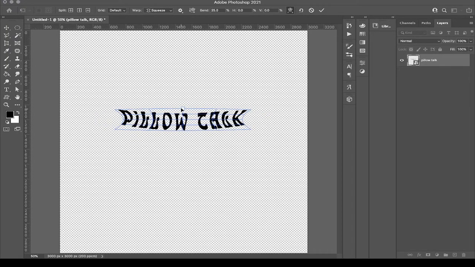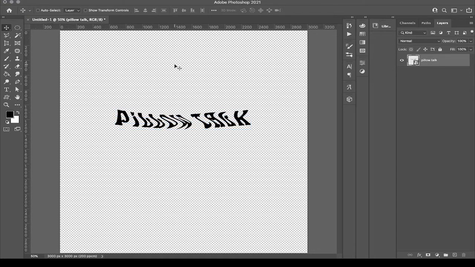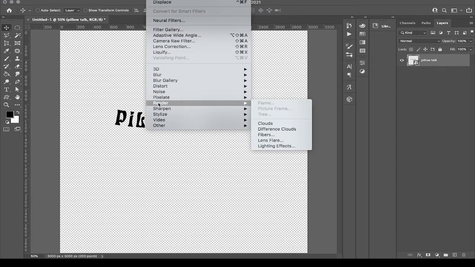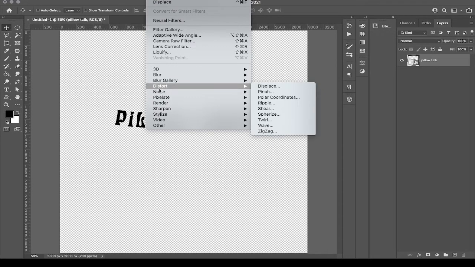And the next thing we're about to go over, I'm about to give you guys a smooth little hint that I use that I don't see a lot of people doing. I do this with a lot of things. I do this with outlining. I do this with sketches, all types of things, just to get like a smooth, different little effect. So what you're going to want to do is go to filter, go to the distort section,